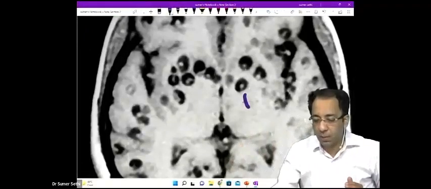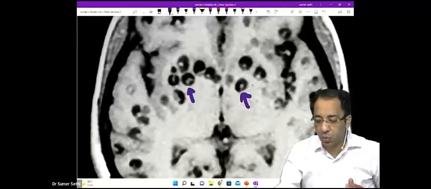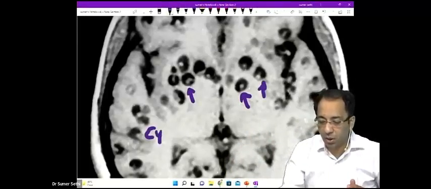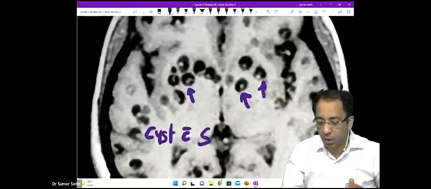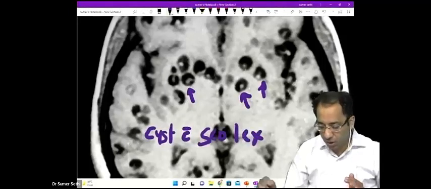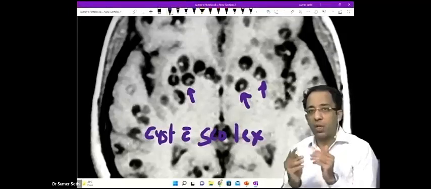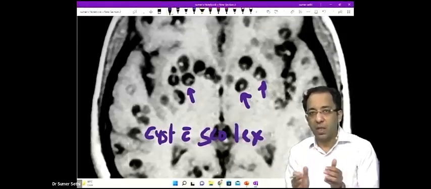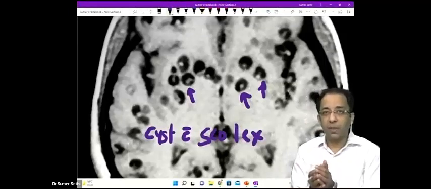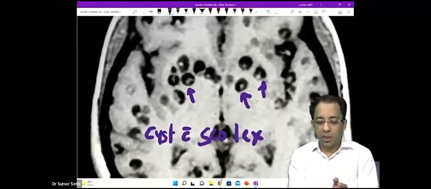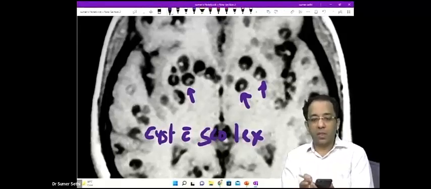You can see the appearance, cyst with scolex. Are you able to see that, Peter? Are you able to understand? Cyst with scolex appearance seen in vesicular stage of NCC. So I will now request Dr. Achin to maybe show us the question again,